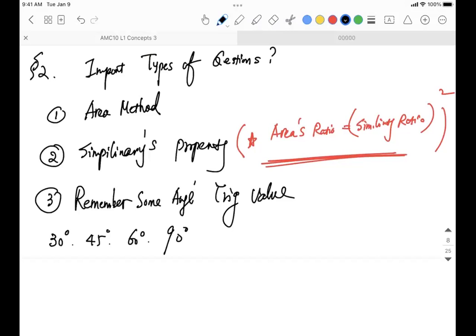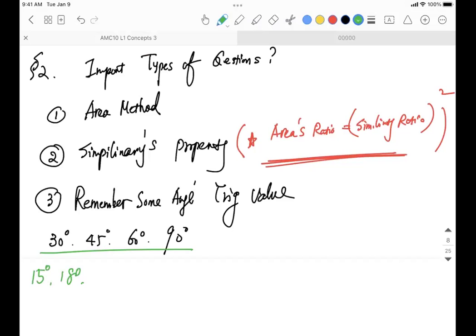Everyone knows that. We learned that from elementary school. But this is not enough. If you want to stand out in AMC math, you want to be extremely fast, significantly accelerated, you need to remember some special angles' trigonometry values, like 15 degrees,